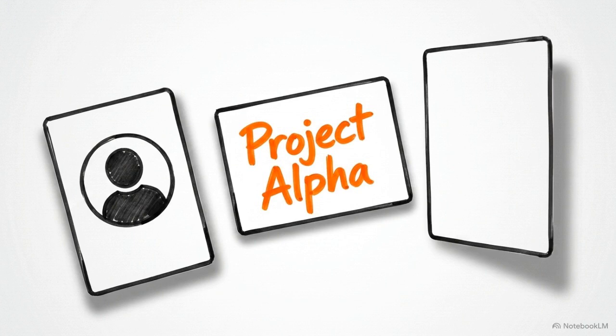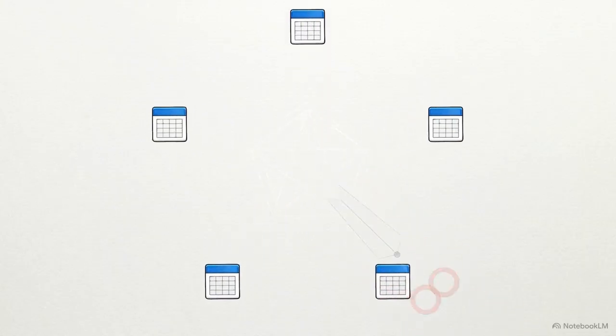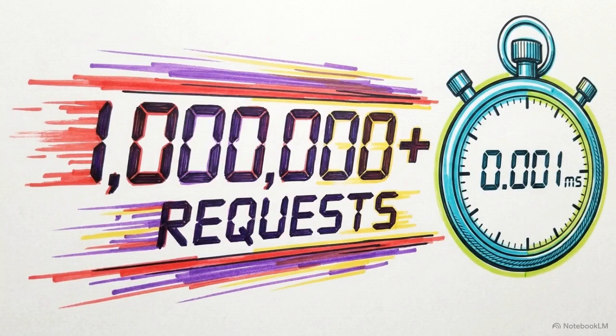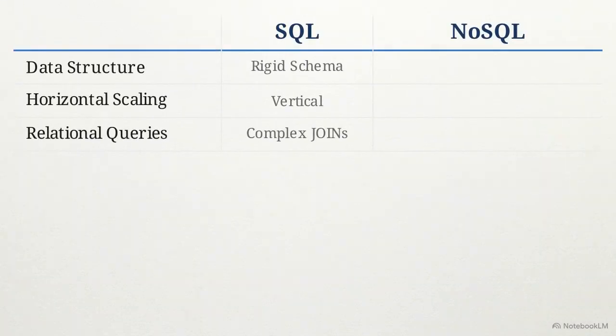Metadata typically exists as isolated records. A document's title and its owner's ID are unstructured data points that don't inherently require a multi-table join for every lookup. By structuring our metadata as independent entities, we can forego complex relational joins. This allows us to prioritize the rapid document lookups required to serve millions of concurrent requests. On our comparison table, NoSQL excels here. Its flexible data structure is designed to handle these kinds of isolated records.